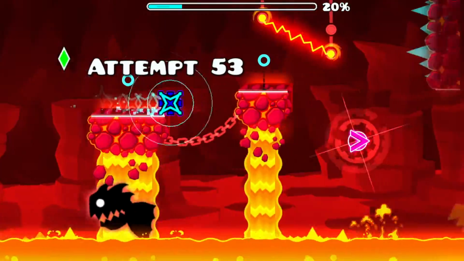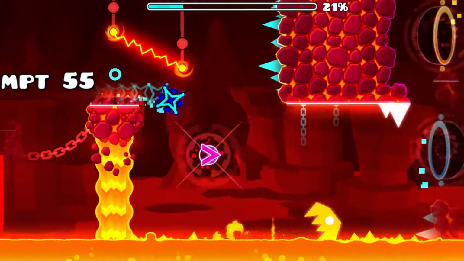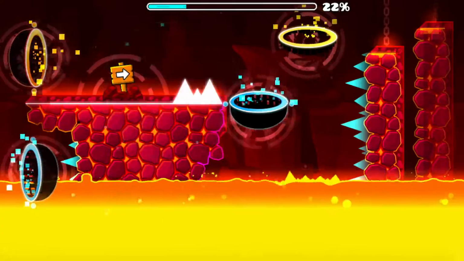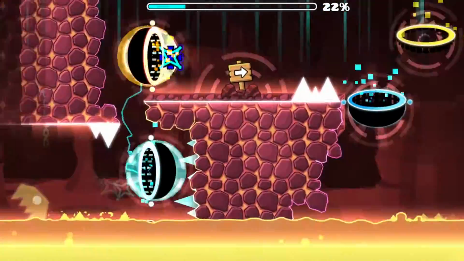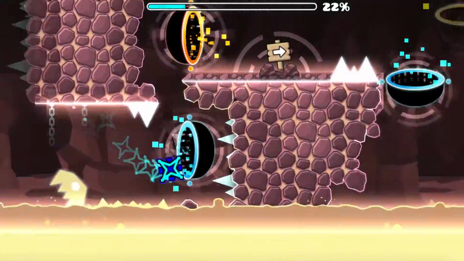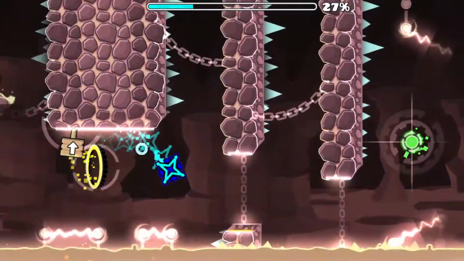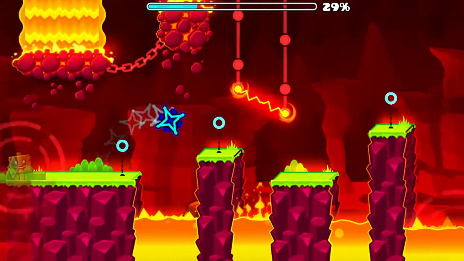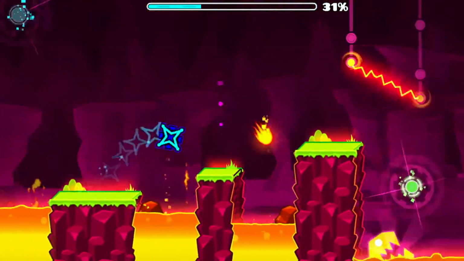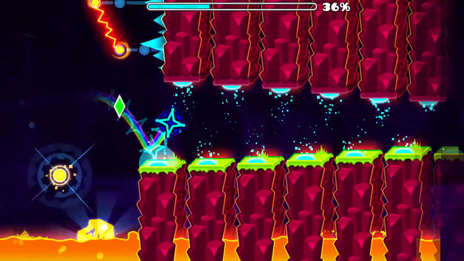So now moving on. Here, as you can see, I'm normal gravity right now, but if I go through this pink dash orb, it switches my gravity. So pink dash orbs just switch gravity, while green dash orbs keep your gravity the same. That's really all you need to know, and let's just move on. There we go. Okay, so then there's just the pink dash orb again. Now let's move on. Okay, I think we're gonna get into the spider now. Here we go. Woo! Let's go.